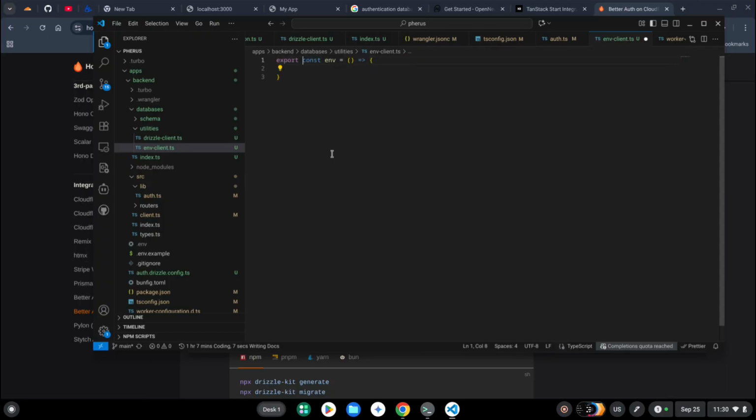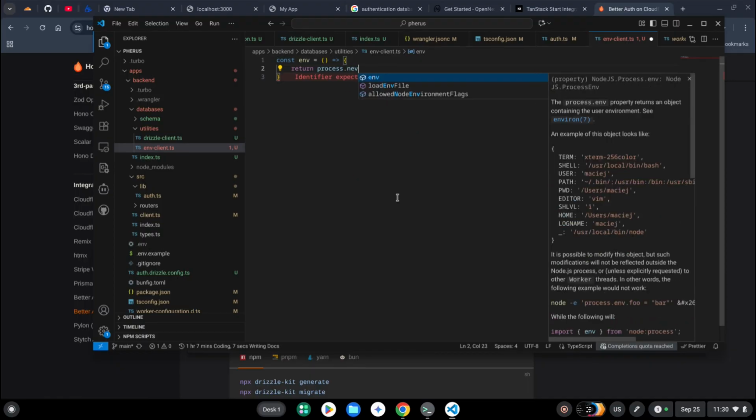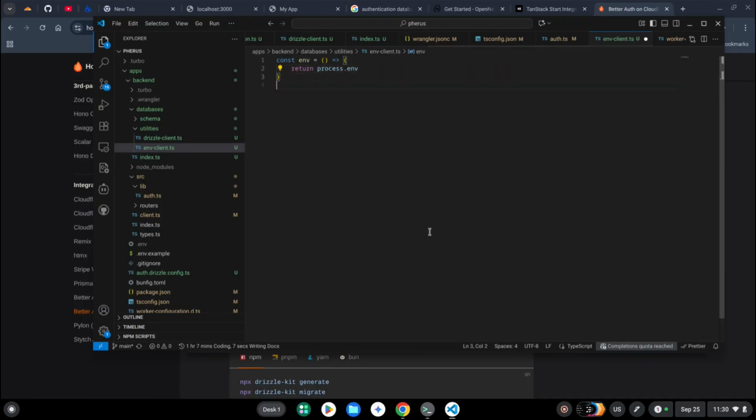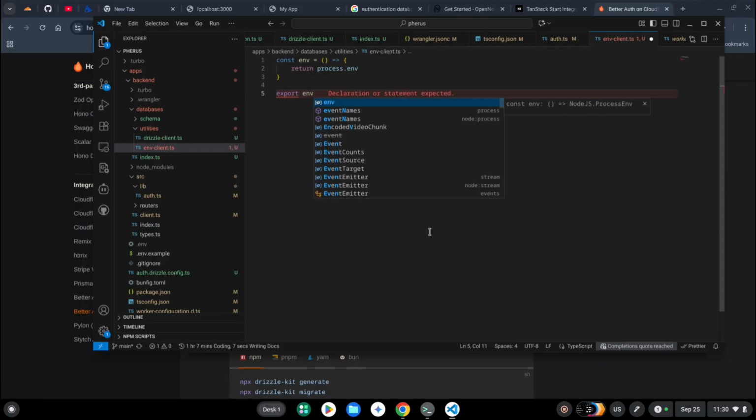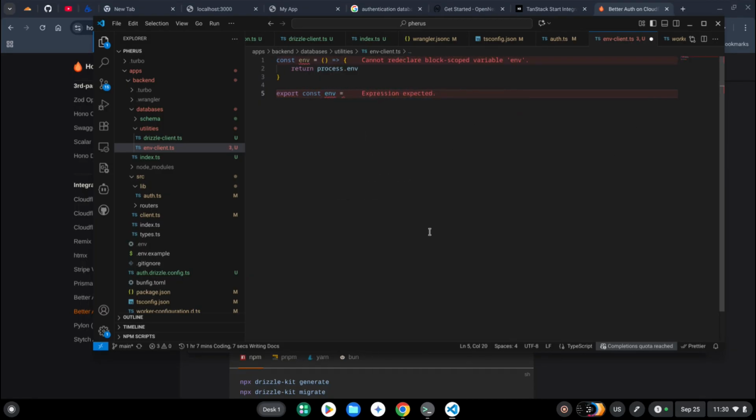Actually, we don't export this, and this will return process.env, and then we shall export our env from here, export const env equals to